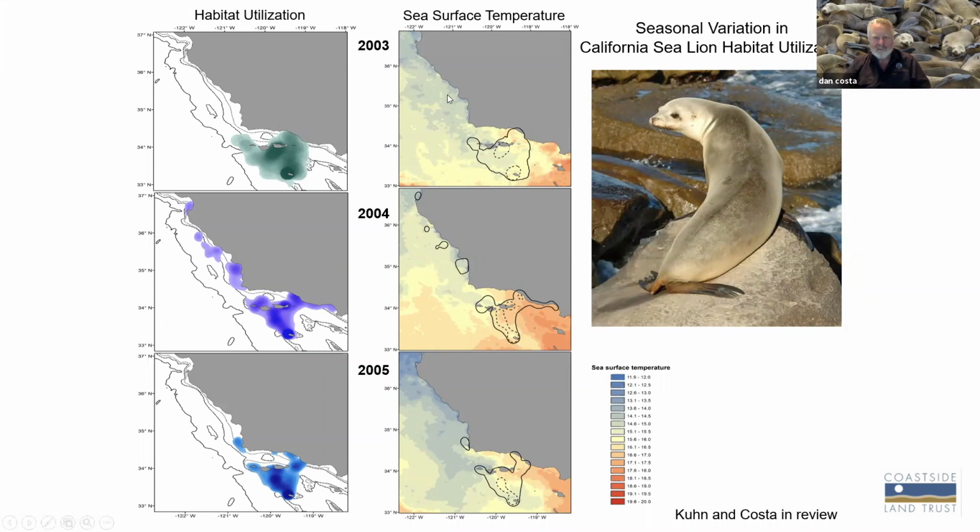This is the sea surface temperature. You can see the warm water down here. It's Catalina, San Nicolas Island, San Clemente. So this is colder water up here, warmer water here. 2004, remember we had that warm water event all up and down the coast. You can see the warmer water coming up around the